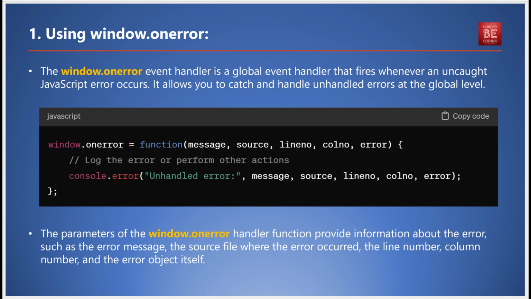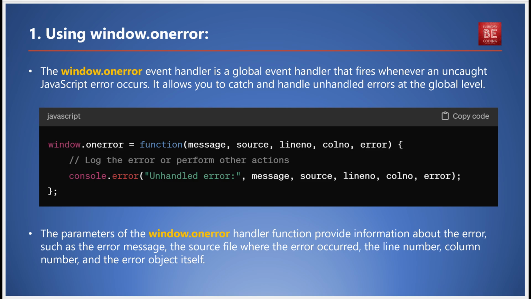Here's an example of how you can set it up. In your JavaScript code, simply assign a function to window.onerror. This function should take 5 parameters: message, source, lineno, colno, and error. You might then log the error or perform other actions. For instance, you might write something like this: window.onerror = function (message, source, lineno, colno, error)